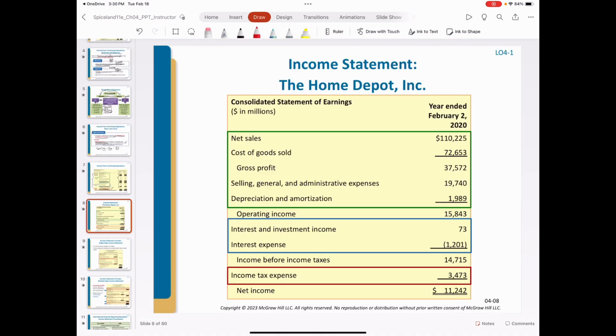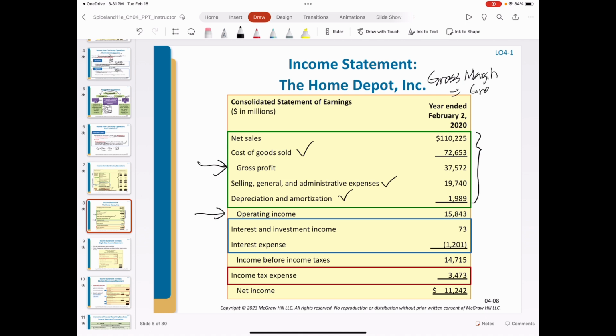One more example, the income statement of Home Depot. Operating section includes the revenue from the sales. One expense is the cost of goods sold, and the other is SG&A expense, depreciation, and amortization. You also see two intermediate components, the gross profit and operating income. So we have these two margins, and we can calculate the profit margin for these two items. We can calculate the gross margin